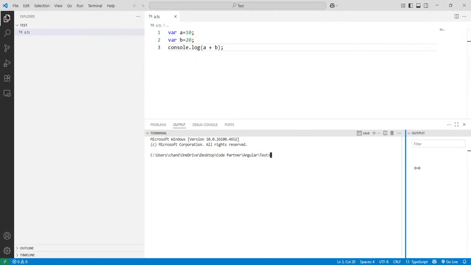Before that, I have one question about the compiler. Before that, npm, node package manager. What is the use of node package manager? Node package manager, when you install any package,